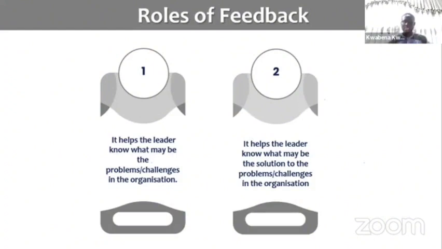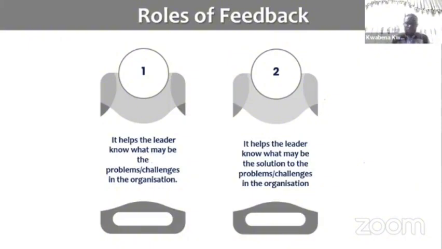That person may point it out: "Oh, do you know something, leader? The way we are going about this thing, it may not help. When I was in university, I actually read this course for 4 years. And in the third year, the lecturer actually made mention of this mistake that we are doing. So I think this is a problem. If we are able to solve this, we are going to have more people connecting online." So you realize that it will help the leader know what may be the problems or challenges in the organization,